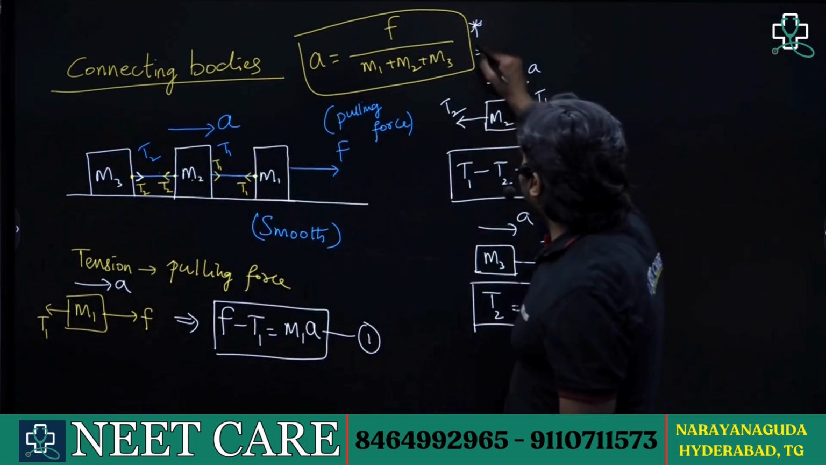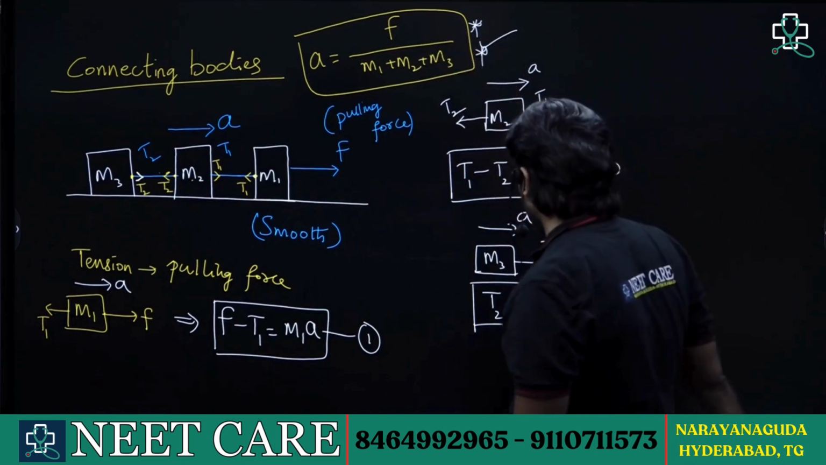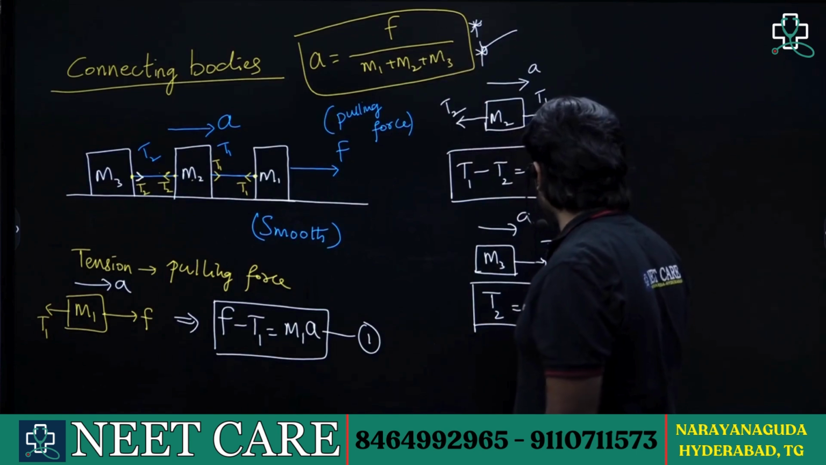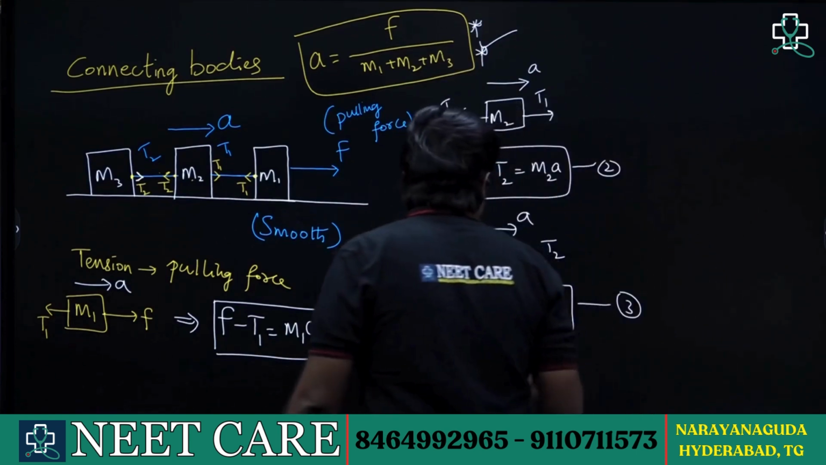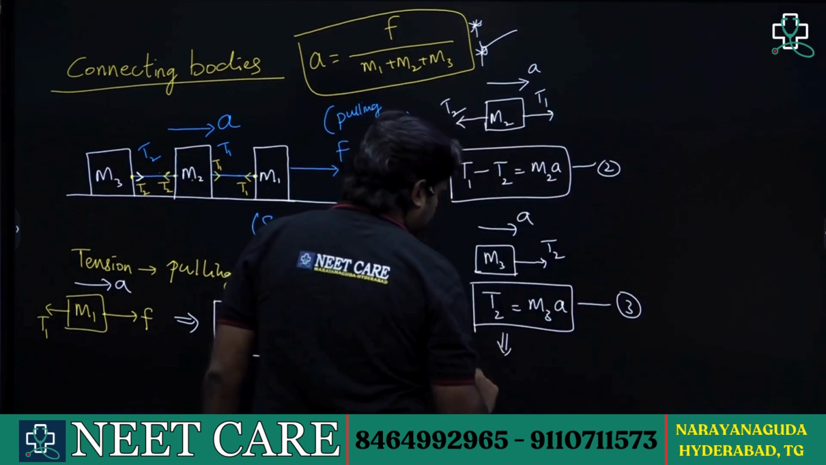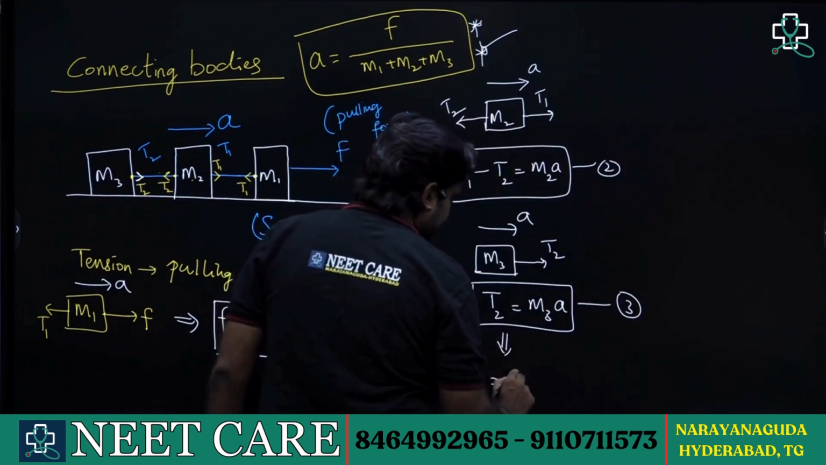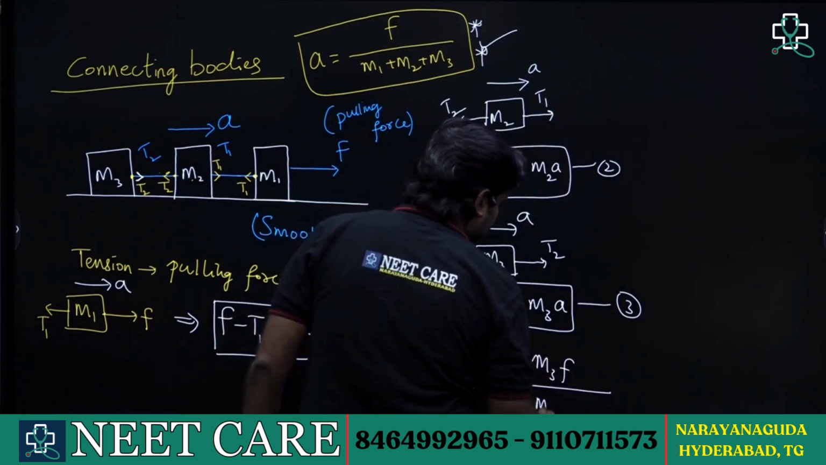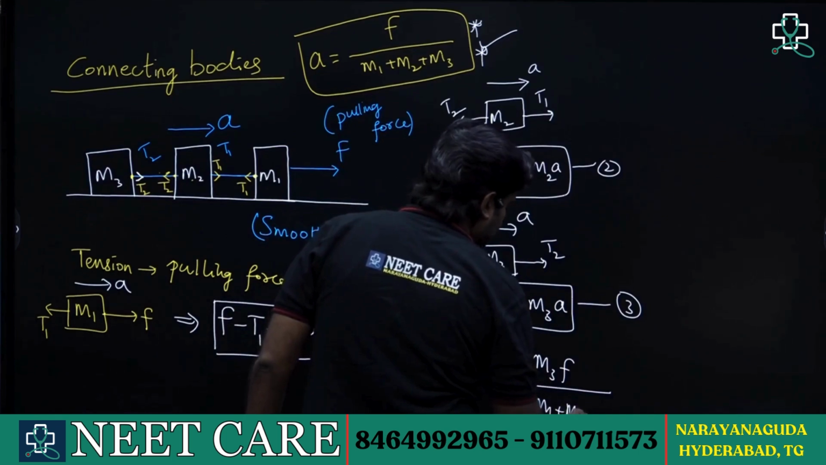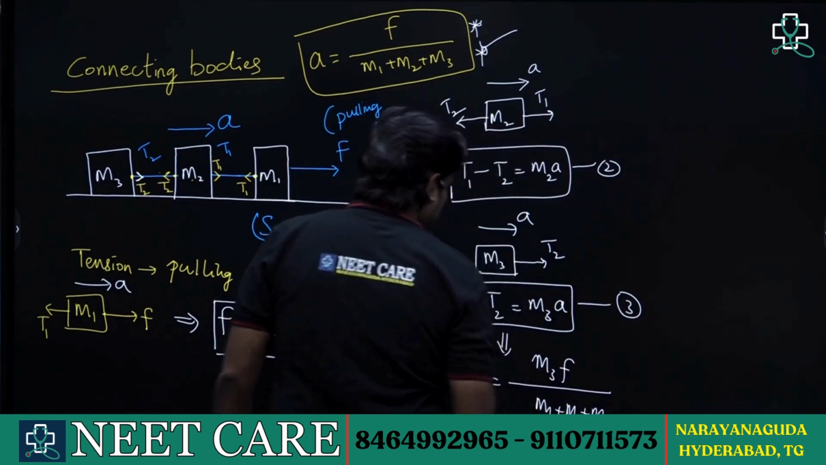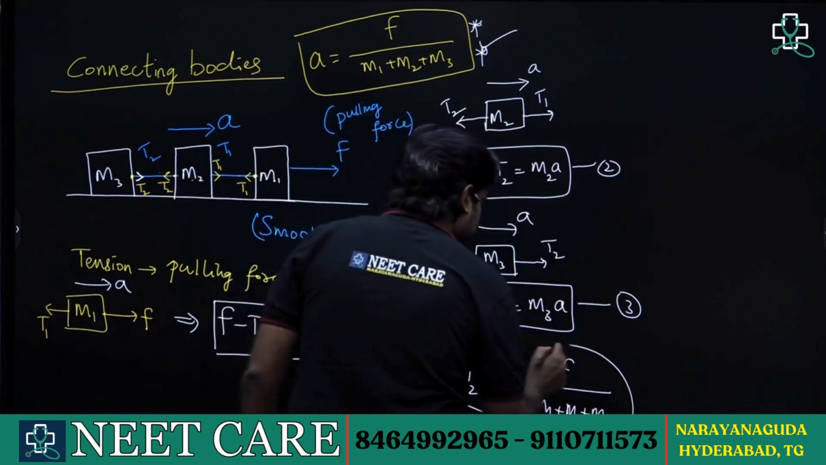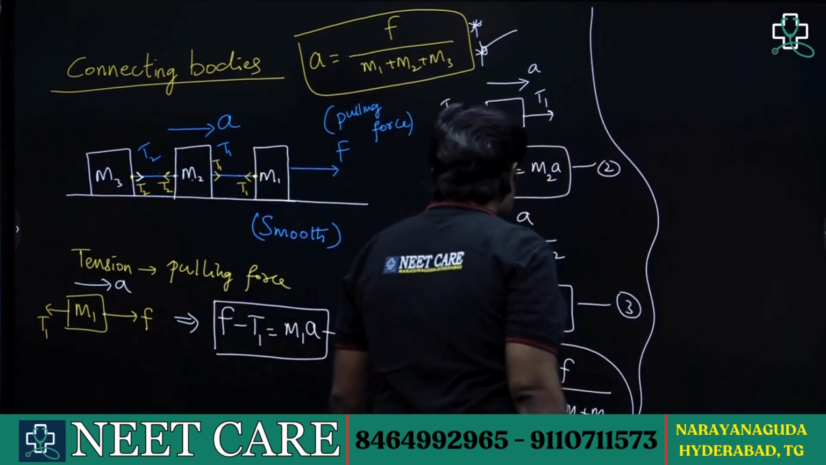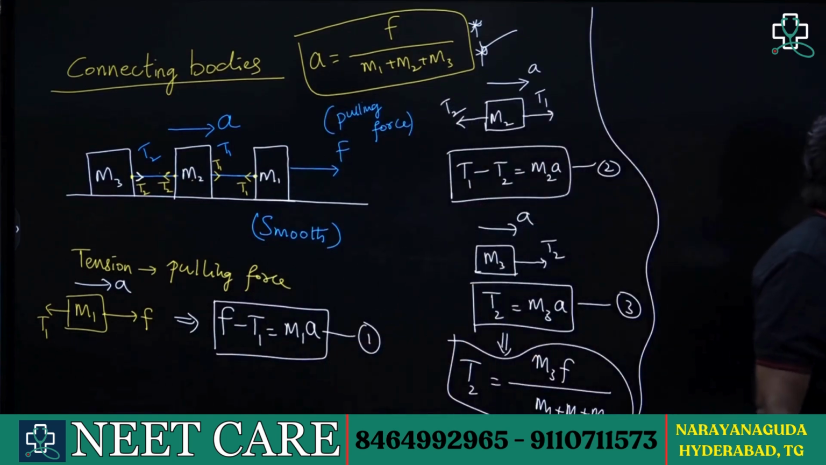Now since we know the acceleration is all the time net force by total mass, better replace this acceleration over here so that you will get T2 directly. So here T2 is equal to, we can write its simplified value as M3F by M1 plus M2 plus M3. So this is T2, right? Now since T2 is M3F by M1 plus M2 plus M3,